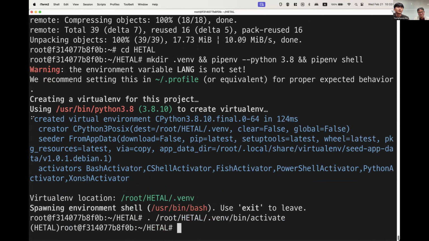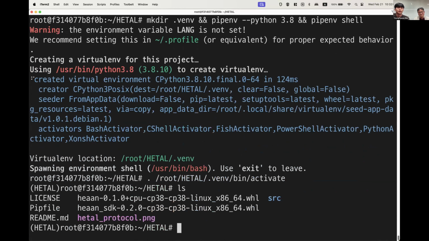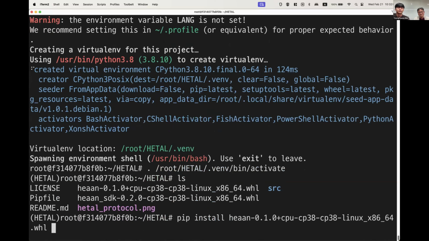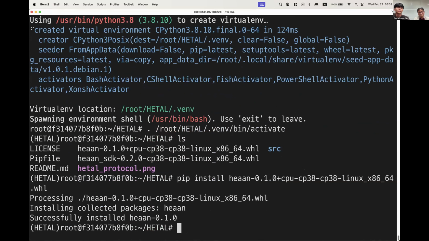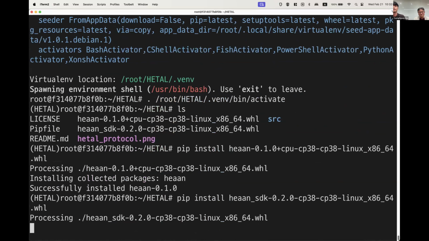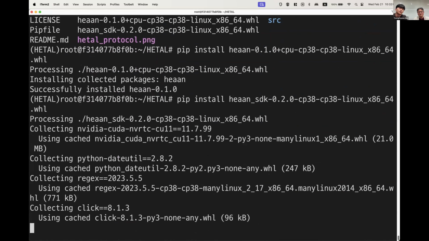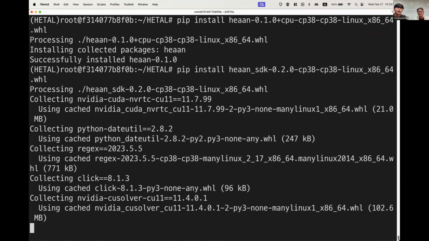And finally, finish by installing the included build file: pip install heaan, and pip install heaan SDK. It's done. Now you know how to build it, and I'll explain how to use it.